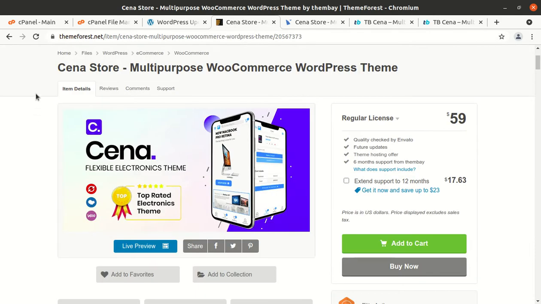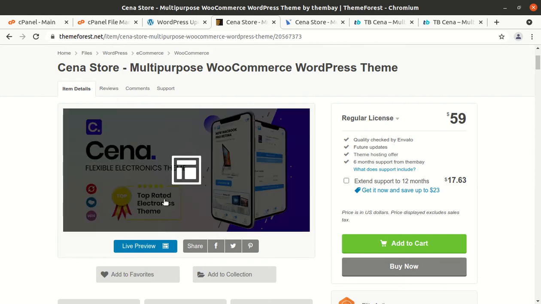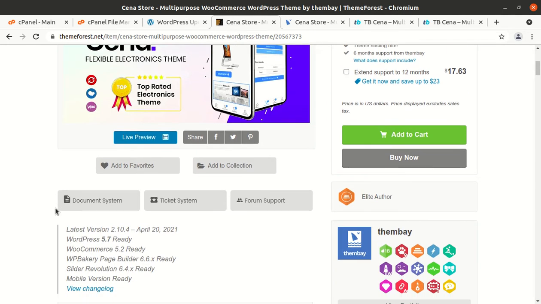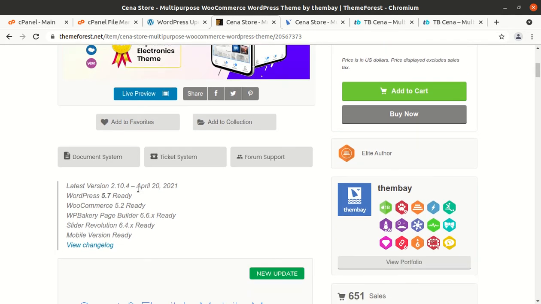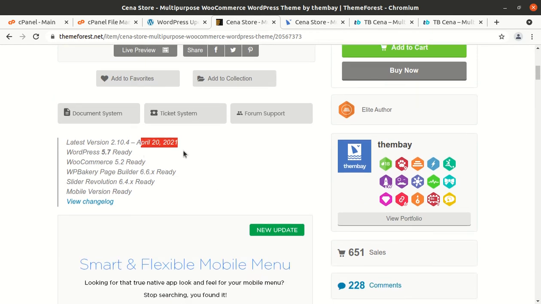Now, Kena Store is a multi-purpose e-commerce WordPress theme, specifically made for electronics stores, as I told you, and the latest version was released in April 2021. It is compatible with the latest WordPress and WooCommerce versions: WordPress 5.7 ready and WooCommerce 5.2.